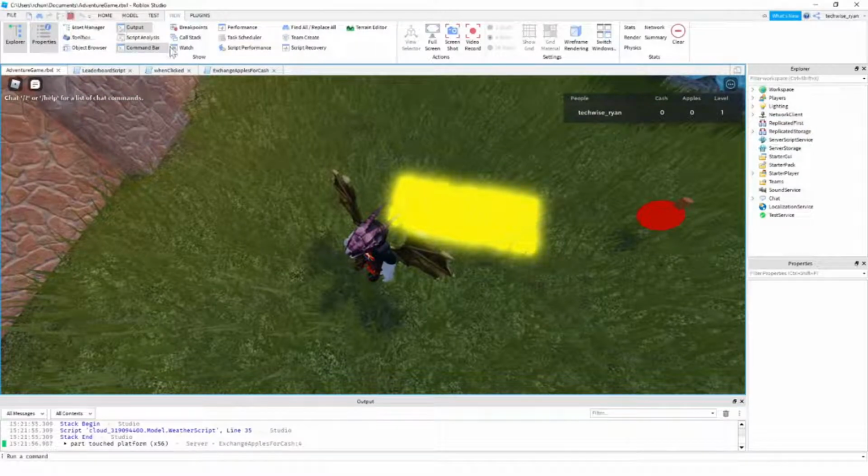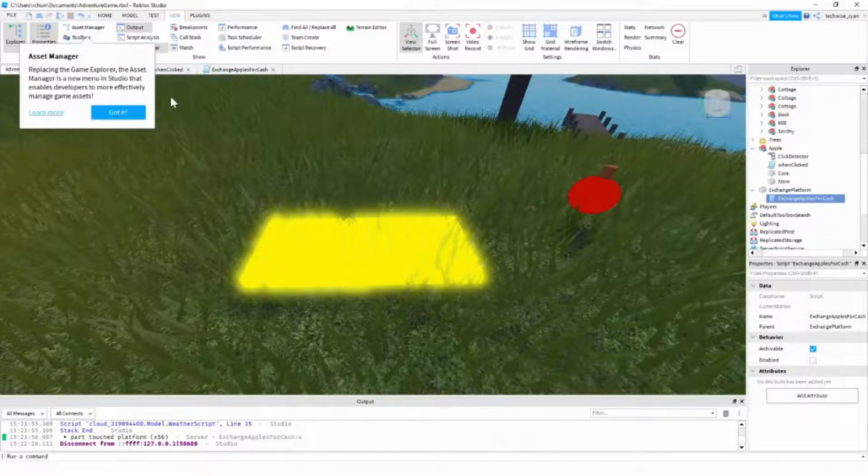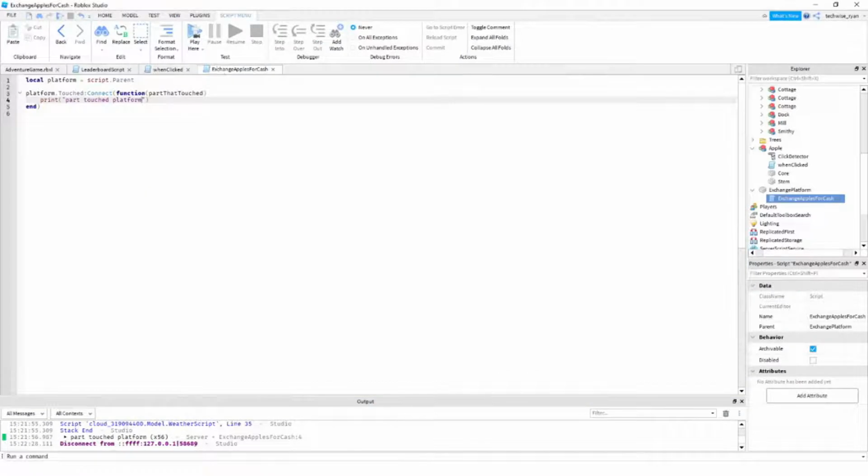Okay. So now we need to find out if it's a person touching it, because something else could be touching it. Like what, zombies? Yeah. Or if something fell down, like a car or something. A part blew up or fell off or something. Okay. So what we need to do is delete that print statement, and then we need to do